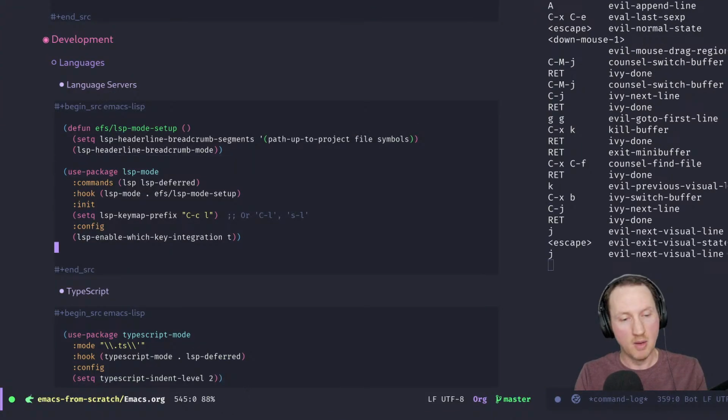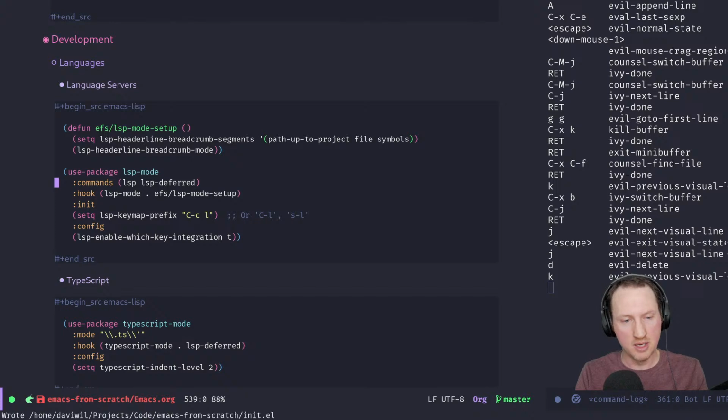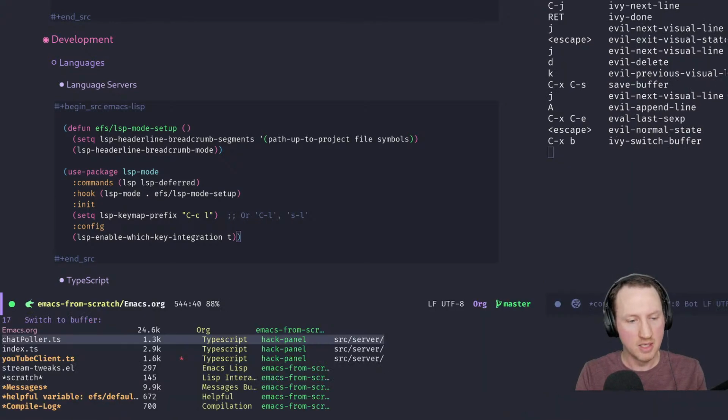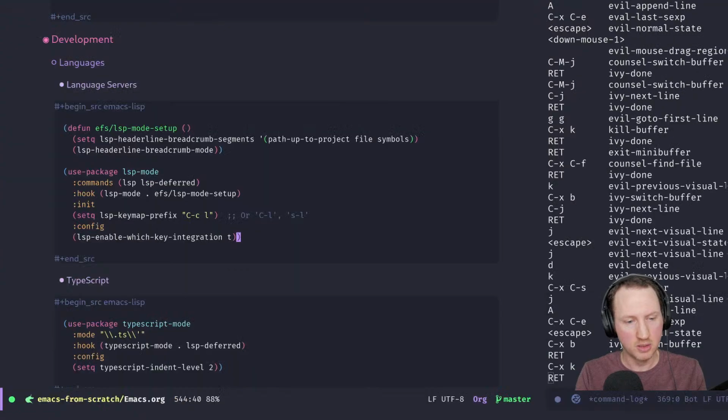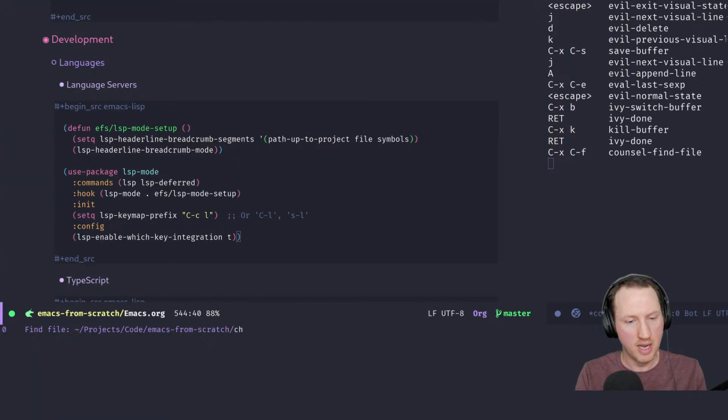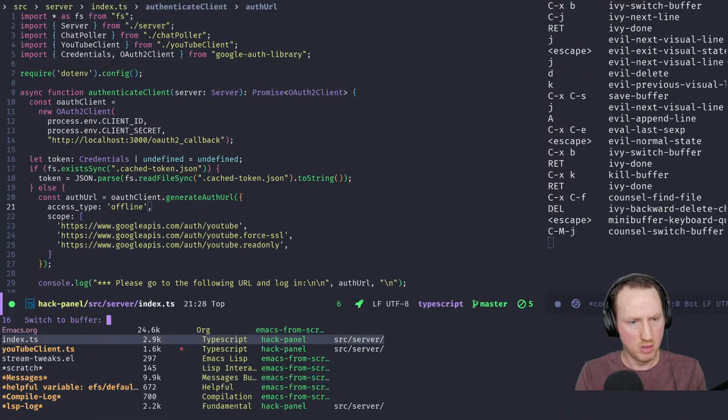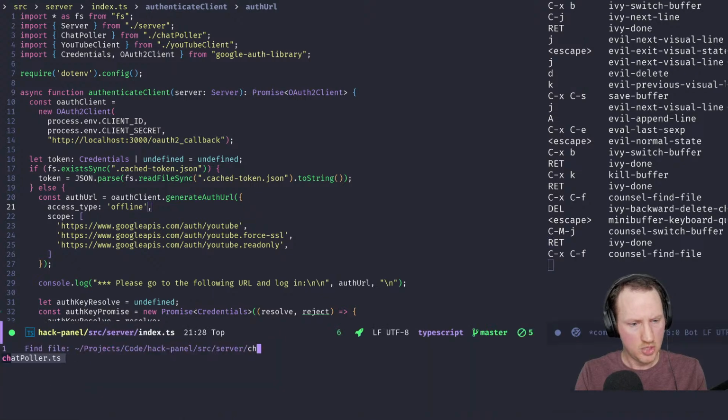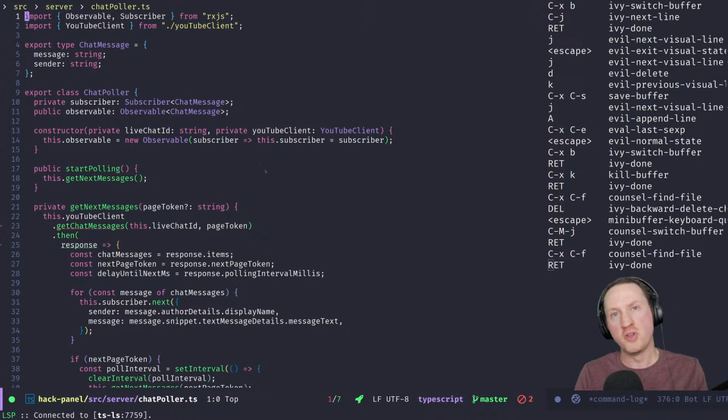So whenever you add a hook to a package, you need to reevaluate the code so that it actually does get applied. So let me go back and do that one little task over again. We're going to kill chatpoller and we're going to reopen it now. Whoops, wrong buffer. Chatpoller. So now when we open this chatpoller, the hook fires and we get the breadcrumb by